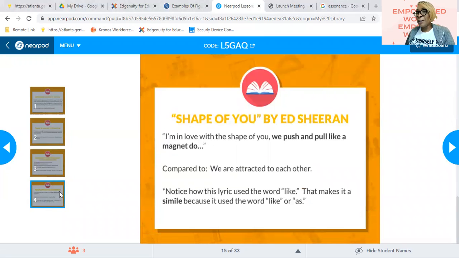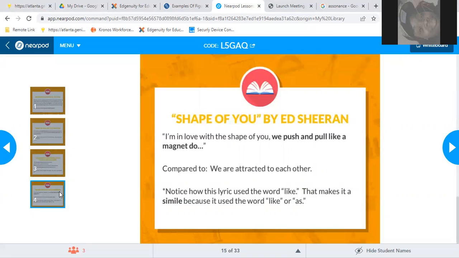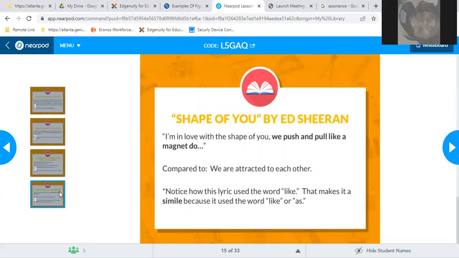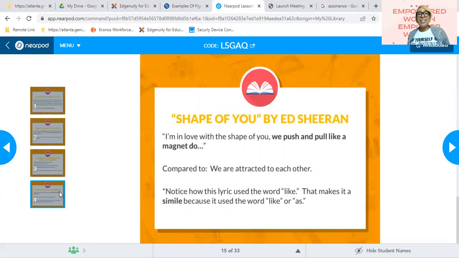How about Shape of You by Ed Sheeran? I know you guys have heard this one. If you heard the music, because I'm not singing the songs, I'm just reading the lyrics, but if you heard the song actually playing, you would say, oh, I know the song. It would come to you, like if you were to go on YouTube right now and put in Shape of You. Oh yeah. If you heard it playing, you'd know exactly what song it is. Yes, because it's a very popular song.